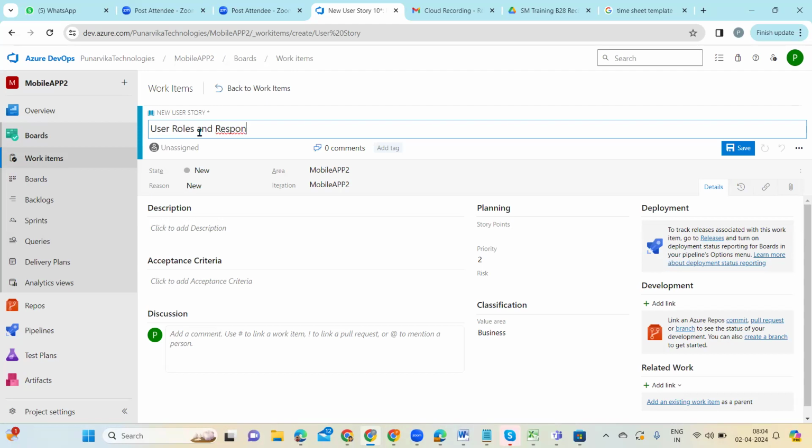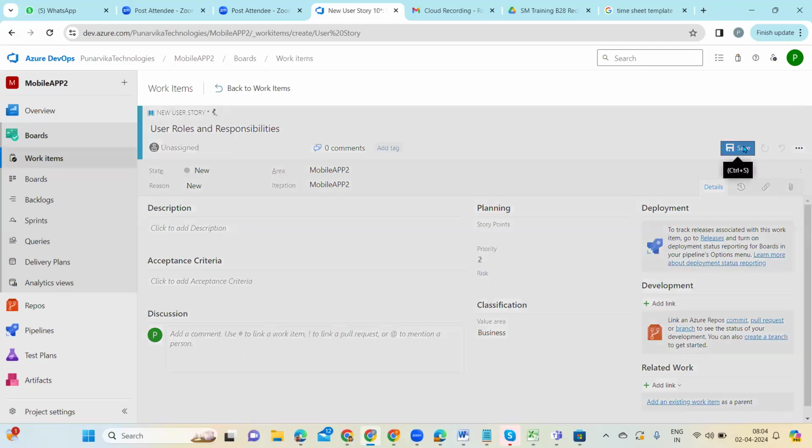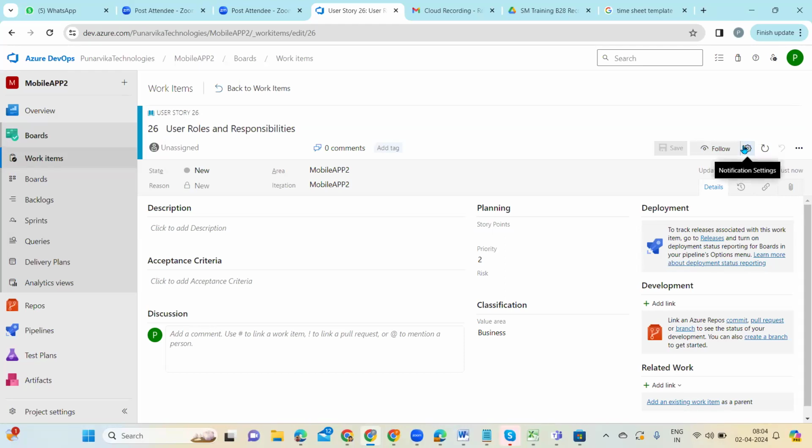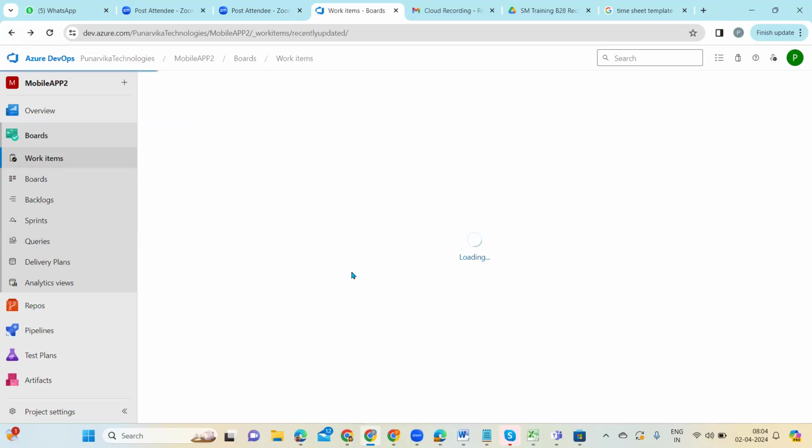Based upon user roles and responsibilities, you will get privileges. If you are an employee, manager, senior manager, or HR, there will be user roles and responsibilities. If you are in a manager role, you will have privileges where you can approve the timesheet. Isn't it? At least you are understanding functionally, right? Yes, sir. Okay. So for that,